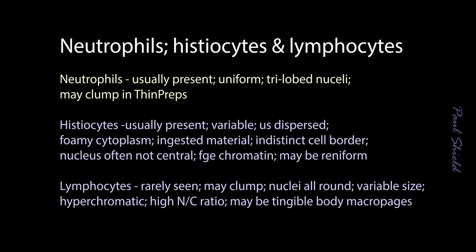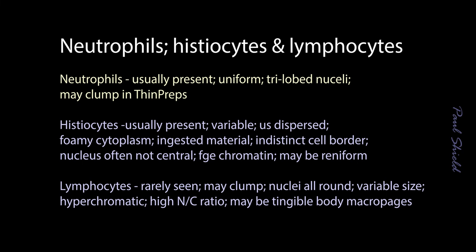They typically have very foamy cytoplasm, sometimes with ingested material, and a very foamy, indistinct border compared to a squamous cell. Nucleus varies. It may be central, but often they're off-center, so that helps in separating them from squamous cells. And they tend to have quite fine chromatin, sometimes nucleoli, and you'll usually see in a group of 6 or so